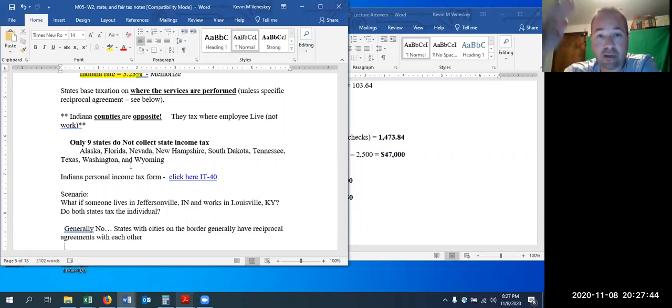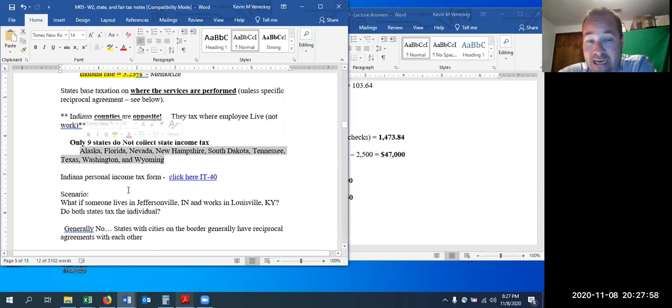This percentage, and I break it down, I say this much comes out of the income tax budget. This much comes from the sales taxes that you pay. And then this and all the rest come from other sources. So if these states don't collect any income tax at all for state income tax, where do they make up the money? And that's what I want you to look up for your discussion board.